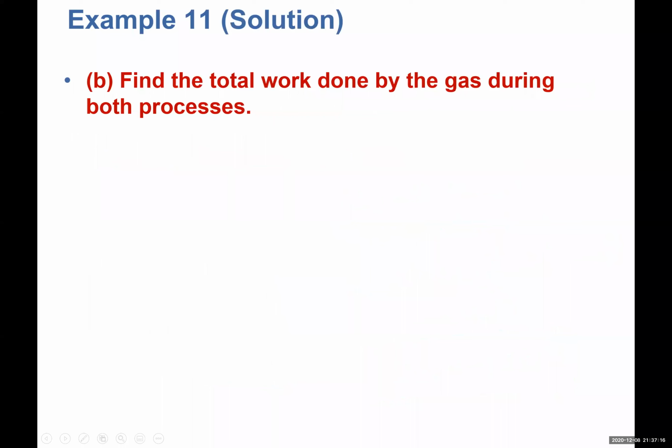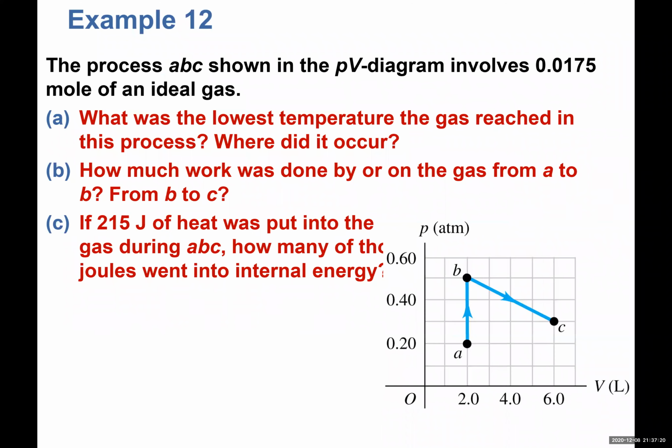Let's look at another example here. So the process ABC shown in the PV diagram involves 0.0175 mole of an ideal gas. What was the lowest temperature the gas reached in this process, and where did it occur? How much work was done by or on the gas from A to B and from B to C? And if 215 joules of heat was put into the gas during ABC, right, the process,